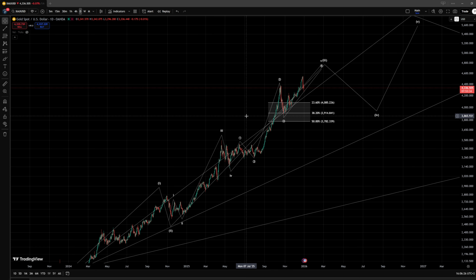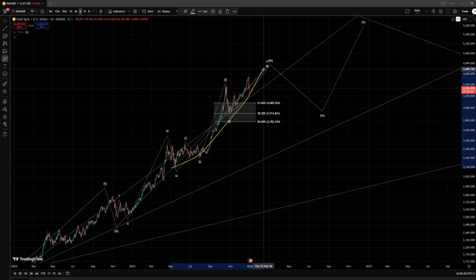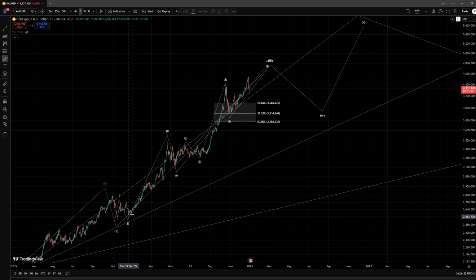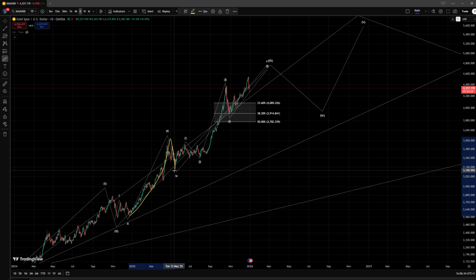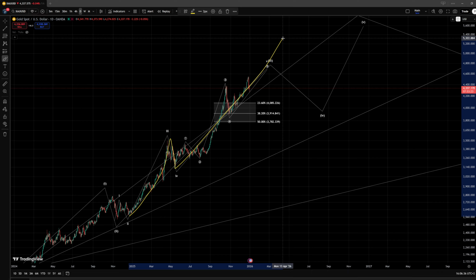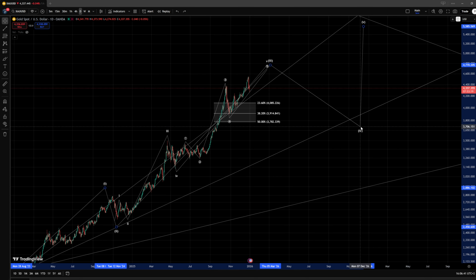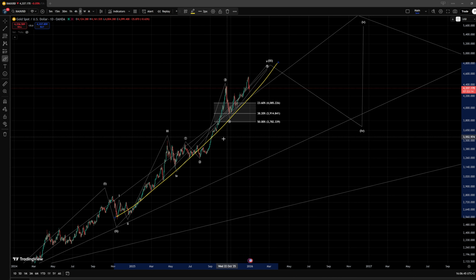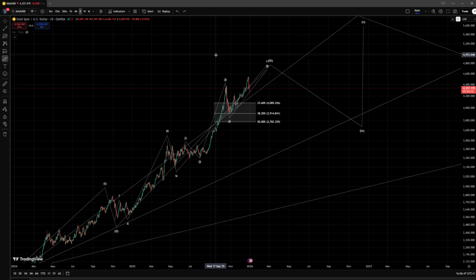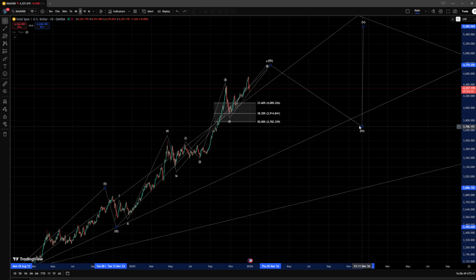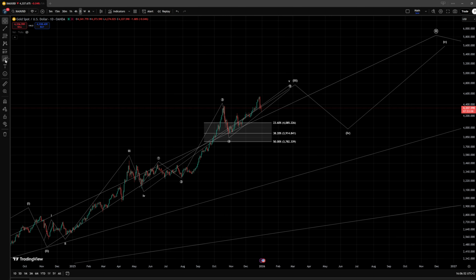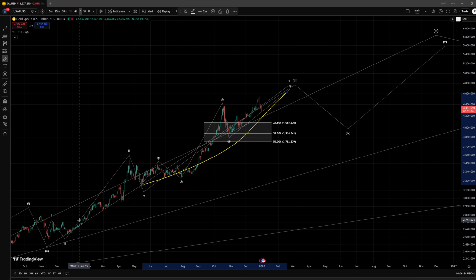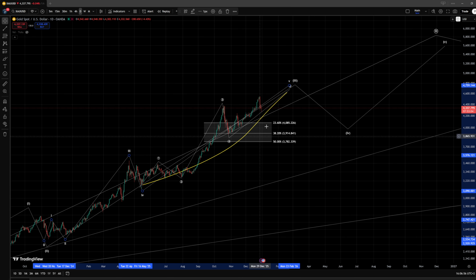Because to be honest, based on the extension that has occurred here, once it is done, I will continue to track the idea that this could have been a wave 1, we would have here a wave 2, and that this would be the actual wave 3. And I would be looking still for a wave 4, not the larger correction in the wave 4, not the idea where this larger wave 3 would already be complete. I would be looking still for extensions internally. Now, with this said, right now it doesn't really matter whether this is the wave 3 or not, or if it is the 5th wave that we are tracking in this area.